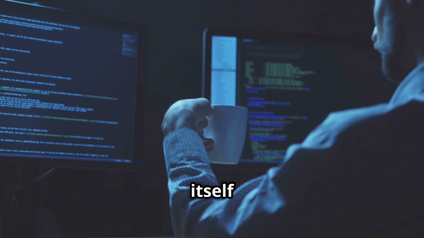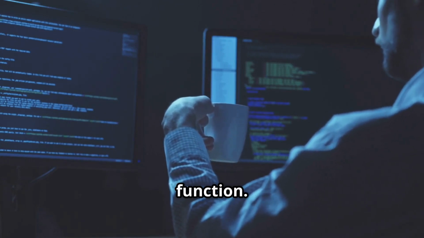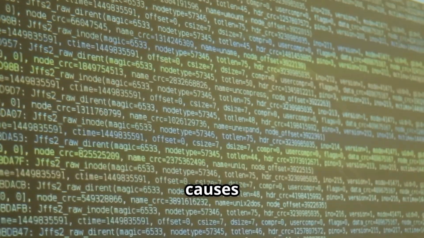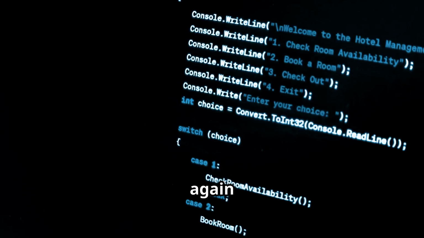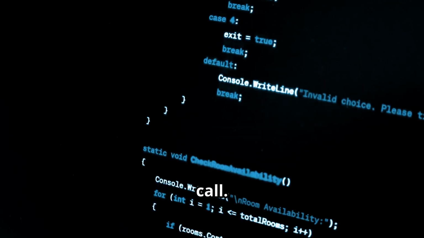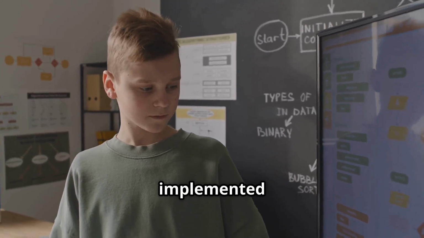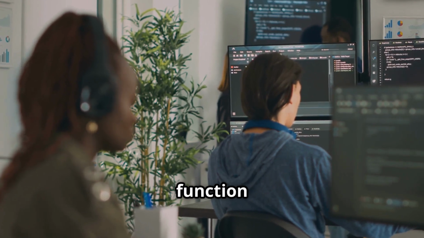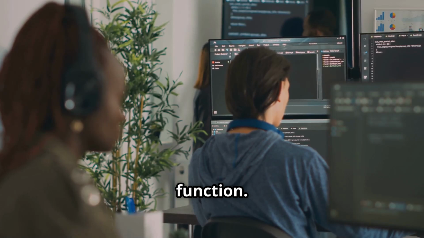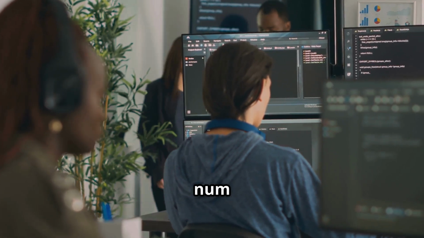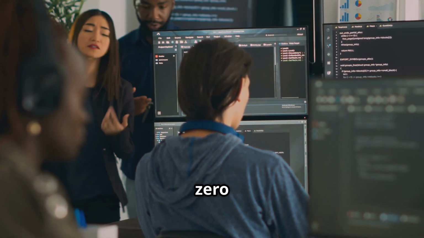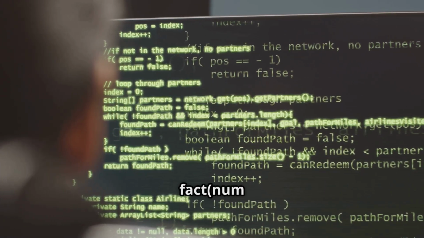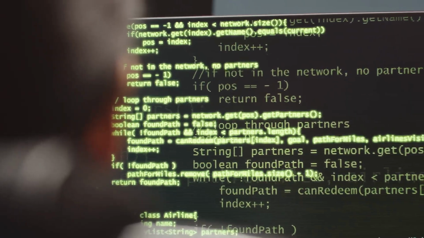A function that calls itself is called a recursive function. That is, the body of the recursive function contains a statement that causes the same function to execute again before completing the current call. Recursive algorithms are implemented using recursive functions. Next, let us write the recursive function that implements the factorial function. int fact(int num) { if (num == 0) return 1; else return num * fact(num - 1); }